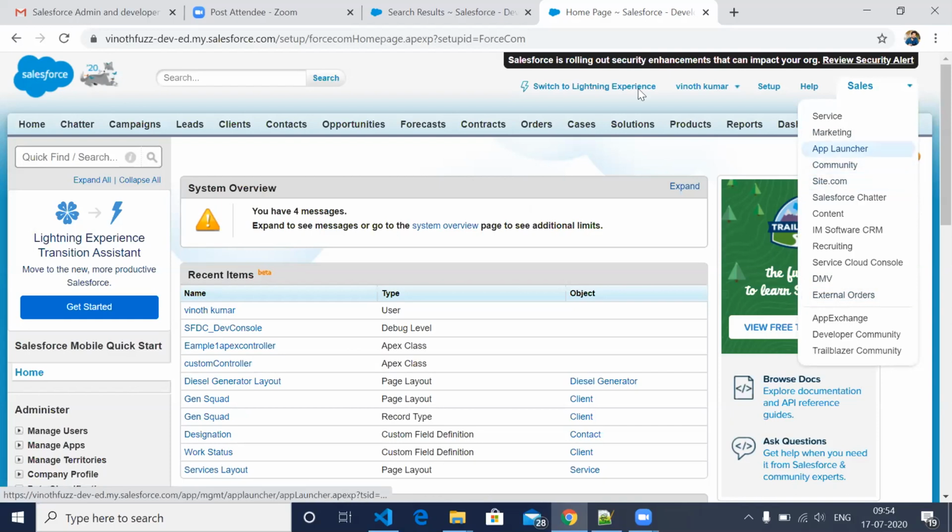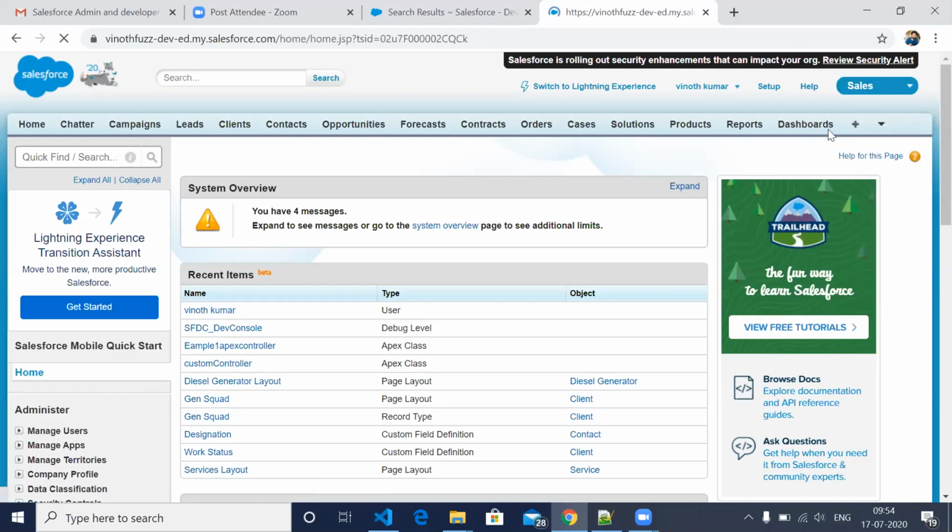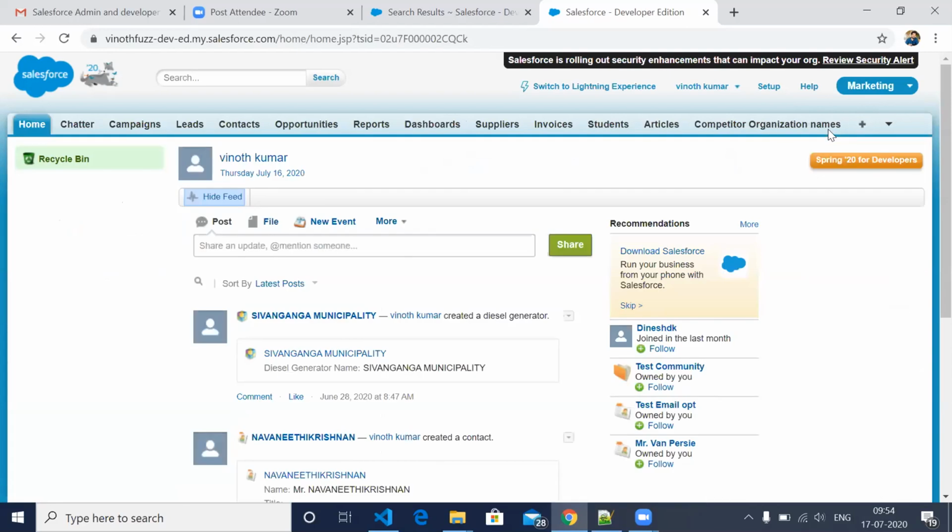Same way, you can consider this is your mobile and you have different applications here. You can click on any application and open it. Whenever you open different applications, you will get different kinds of tabs. That is the only difference.